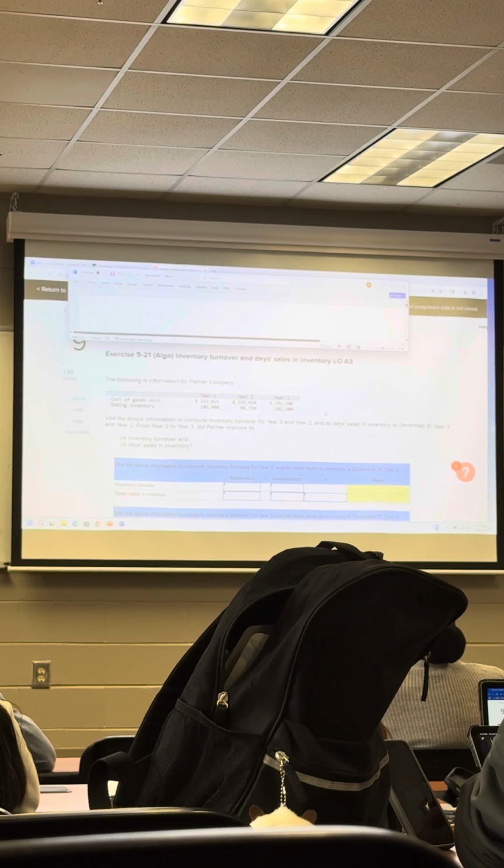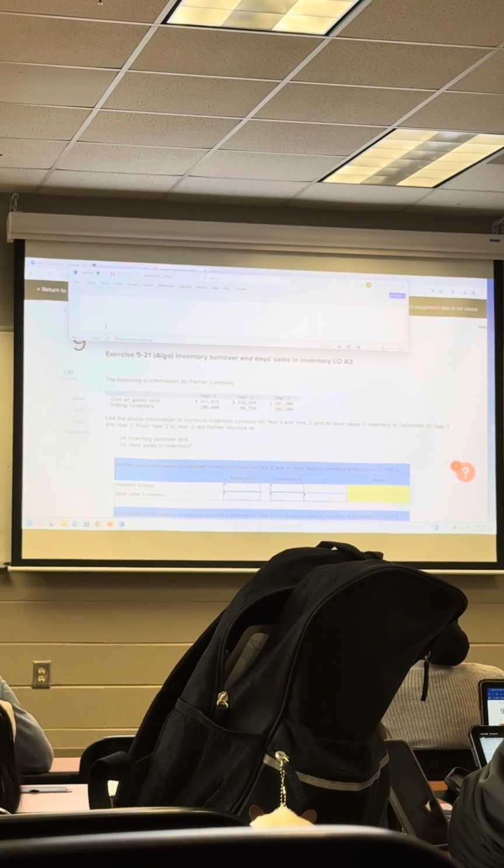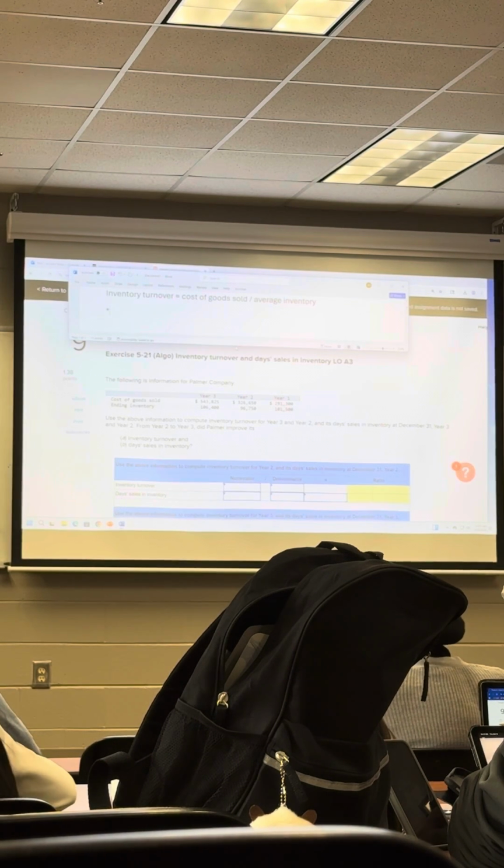Okay, so inventory turnover, remember, equals cost of goods sold divided by average inventory. And that denominator, average inventory, equals